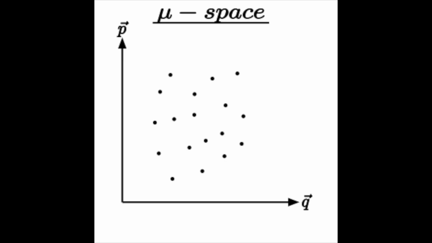And so if I have a bunch of particles, and they're in a container, then they have 3 degrees of freedom of position and 3 degrees of freedom of momentum. So each particle has an X, Y, and Z in position and an X, Y, and Z in momentum. So that gives you a 6-dimensional space to describe the position and momentum of one particle. And so in this mu space, if I have 50 particles, then there are 50 points in the 6-dimensional space. And the actual evolution of the system would be the changing of the position and momentum in this 6-dimensional mu space